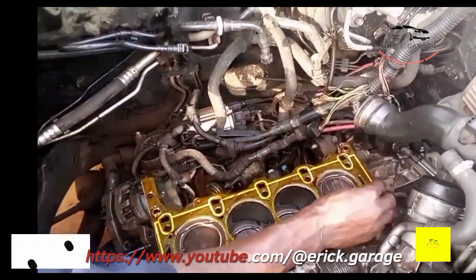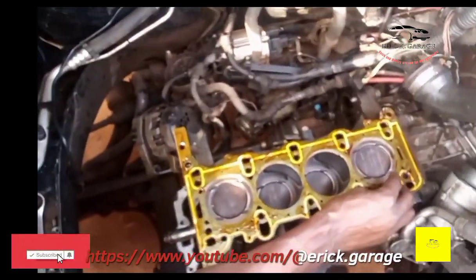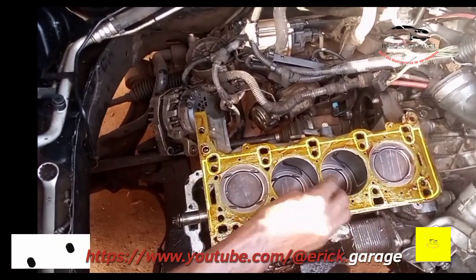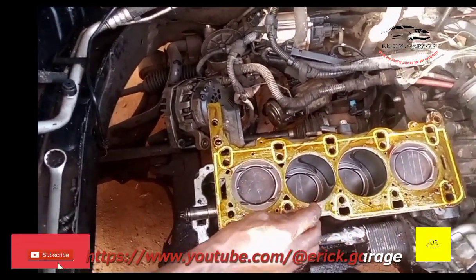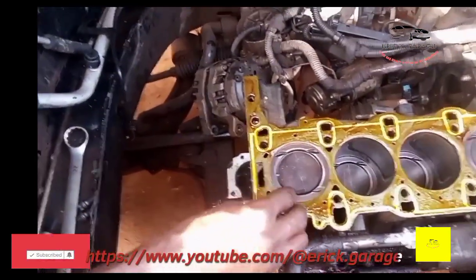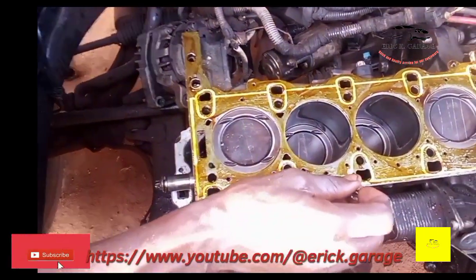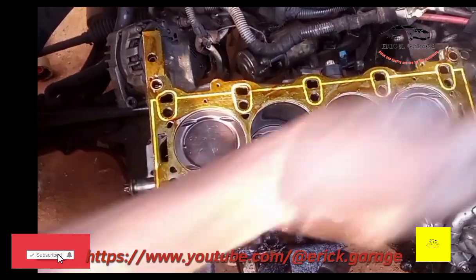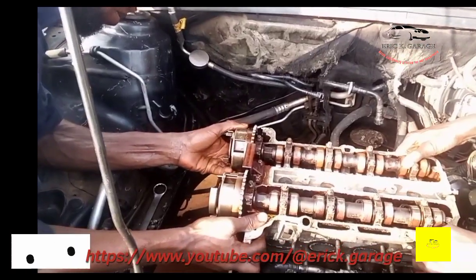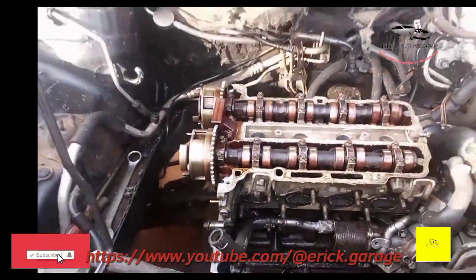After that, because the gasket cement can block the small holes on the gasket, you have to create those small holes. Through that small hole, oil passes through it. Some oil passes through it, some water passes through. So you have to create it, and then after that you place your cylinder head. Then you tighten your cylinder